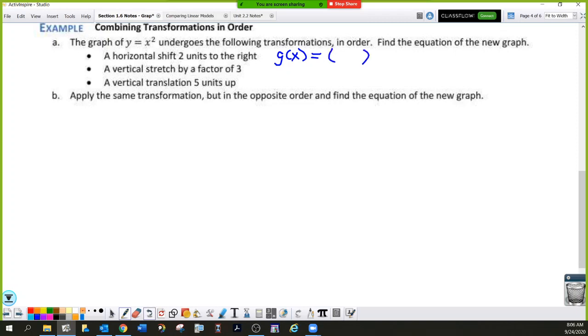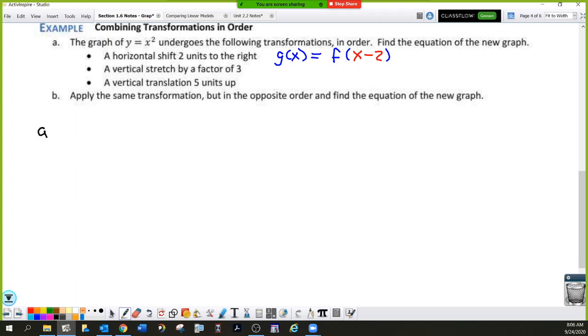Whoops. I forgot to write f. Come on, catch up. Please. There we go. F of. There we go. Much better. So the first thing we're going to do is replace all of my x's with an x minus 2. And we might as well do them in the order, like do it as they come across. So the first dot